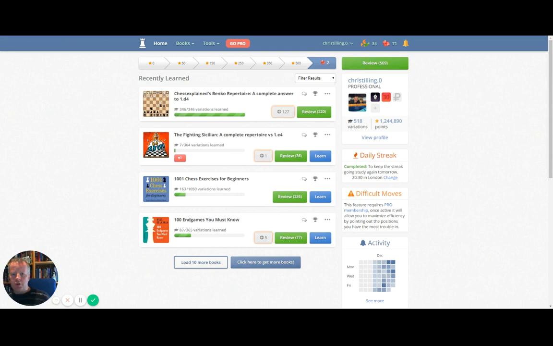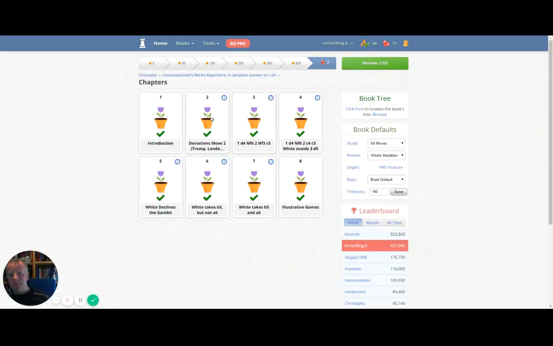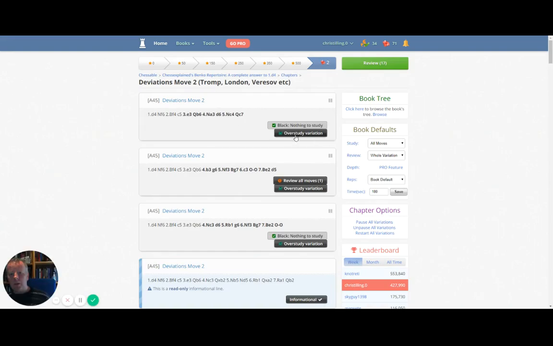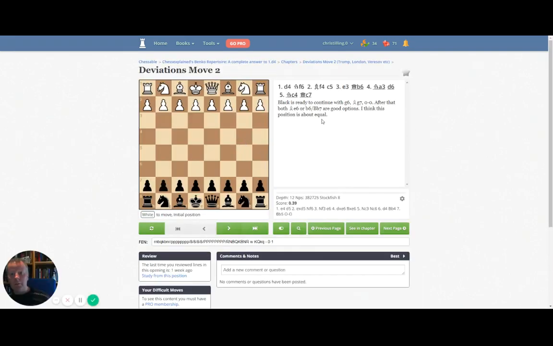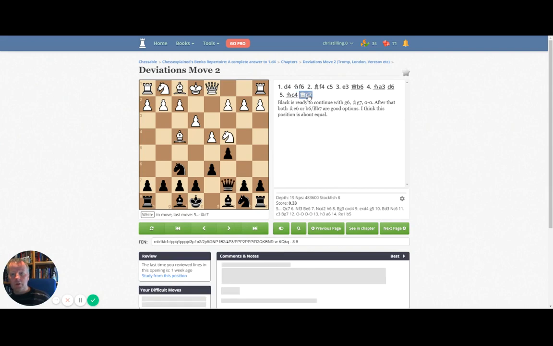I also ought to mention as well, in these positions, you can click on study mode, or you can actually go into the read-only mode, which will take you manually through the variation, and you also have the option of using, I think it's Stockfish 8, to analyze the positions.